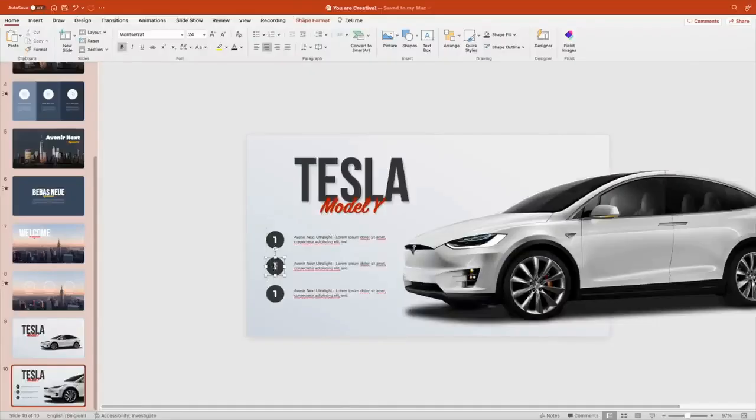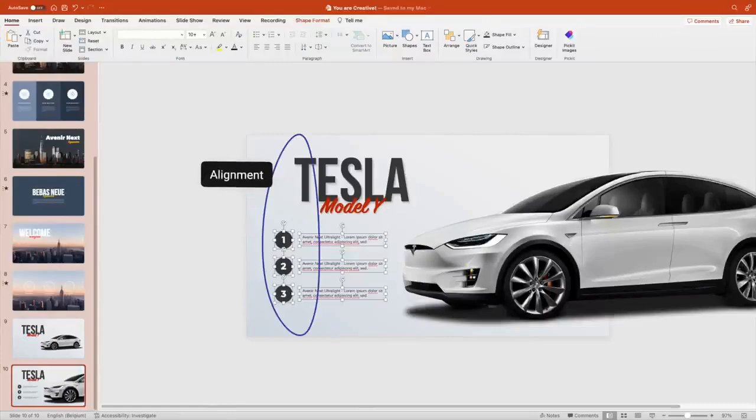Once we're happy with the bullet point, you can select both of them and copy it. And then you Ctrl Shift drag to keep everything on the same line. Change the numbers 1, 2, 3. And then position everything correctly. Here we can see that you can nicely align it with the start of the word Tesla,